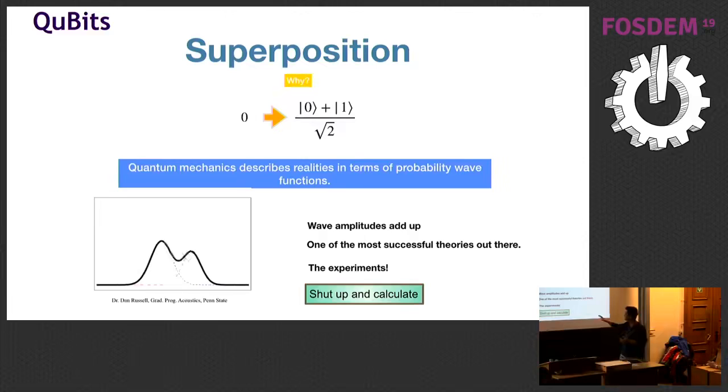So then there is this sort of funny thing called "shut up and calculate." Like, don't try to understand the meaning of what it means to be a 1 or a 0 at the same time and all this. The experiments work, so just shut up and calculate and find the answer. But apart from that, quantum physics is one of the most successful theories out there. It has made a lot of predictions, and almost all of it has been confirmed. So there has not been something that quantum mechanics predicted and it's like, okay, it doesn't work like that.